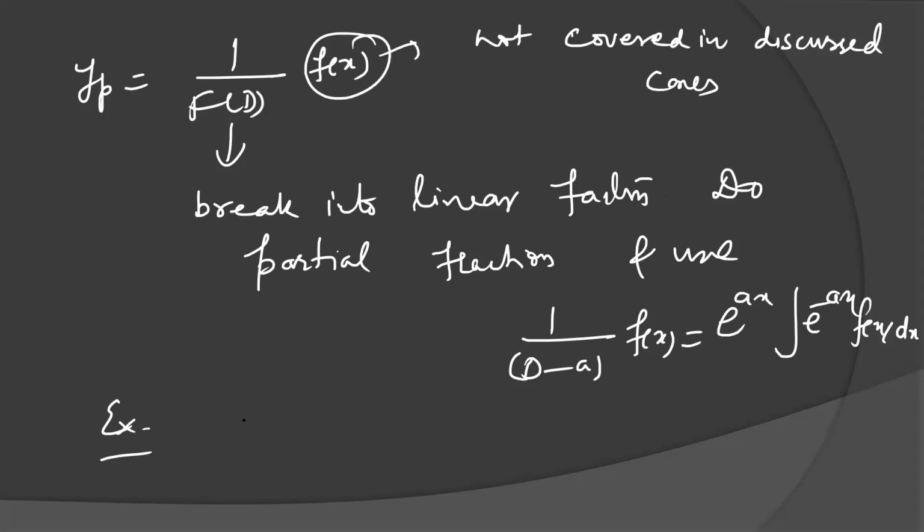For example, if you are interested in the particular integral of 1 over D minus 1 times log x, then the method will be similar only. We can go by this trick only. So this is the ending of half of unit 1. We have covered how to solve first order linear differential equations, homogeneous and non-homogeneous. Some of the authors also tried to solve differential equations with variable coefficients. I will discuss that later with the help of these methods only, by making some suitable substitutions.